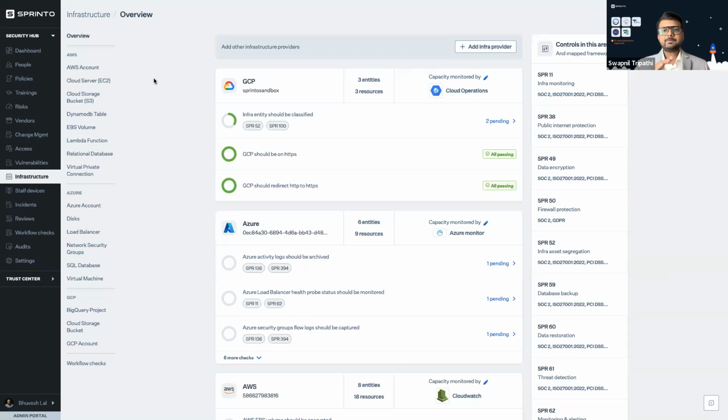Sprinto is smart enough to know, once you connect an AWS environment, what kind of services of AWS you are using in that particular account. Then once you have added that, Sprinto is again smart enough to know what is an EC2 instance versus what is an S3 bucket versus what is a relational database, and what kind of control should be applicable to these 3-4 different types of entities, right?